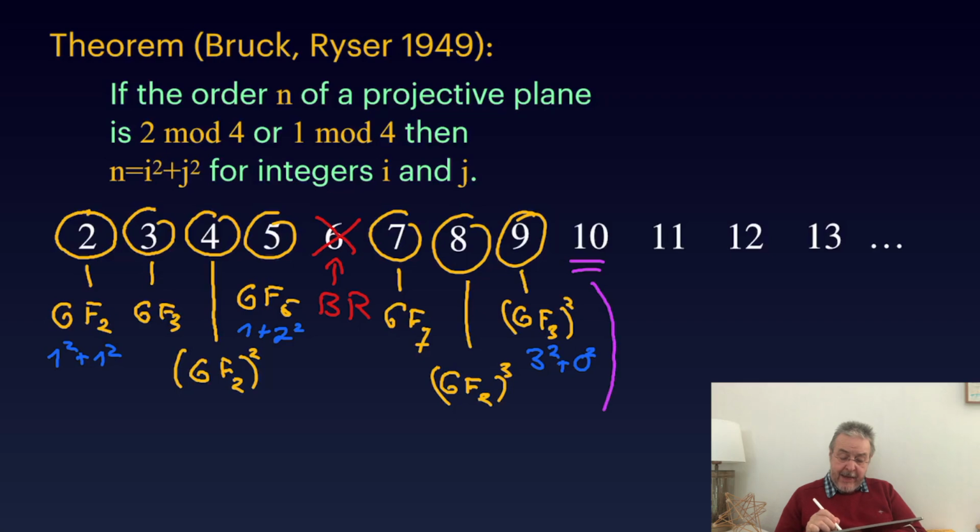So 10 is 2 modulo 4, so Bruck and Reiser applies. But 10 can also be written as 3 squared plus 1 squared, so Bruck and Reiser tells us nothing. And so we really have a candidate of a projective plane coming from a situation where we do not have a field. And actually what happens is it can be proven that there is no projective plane of that order,